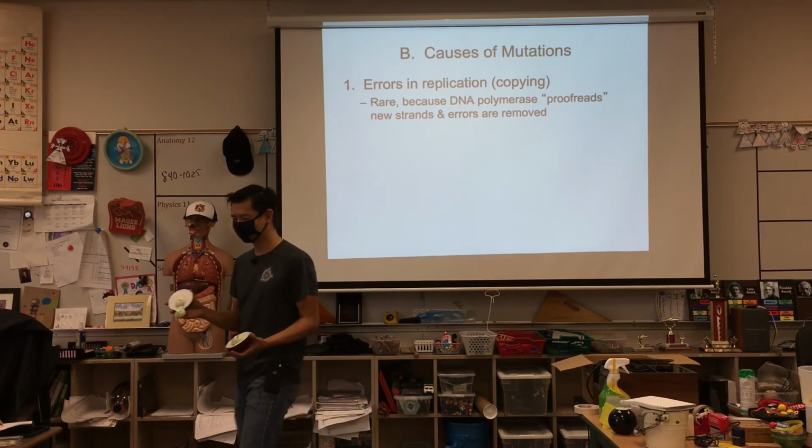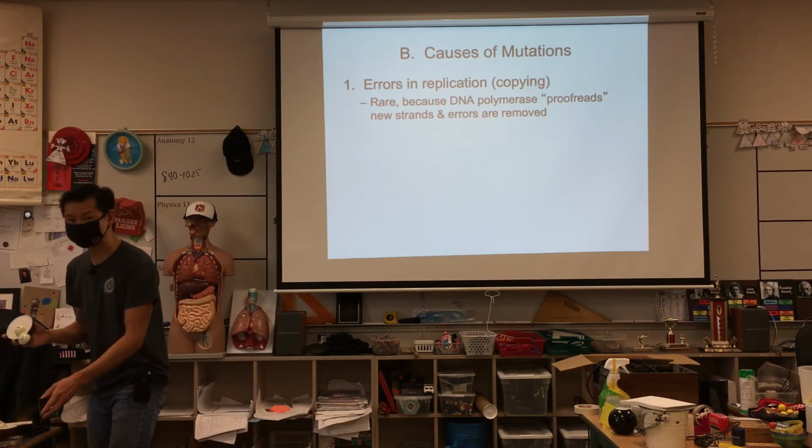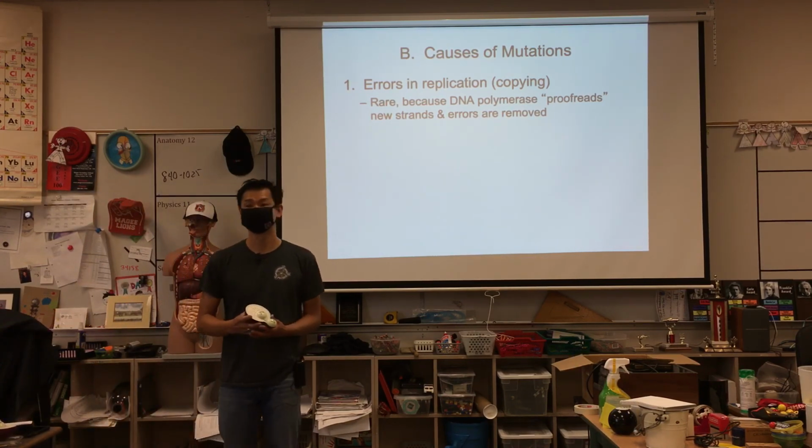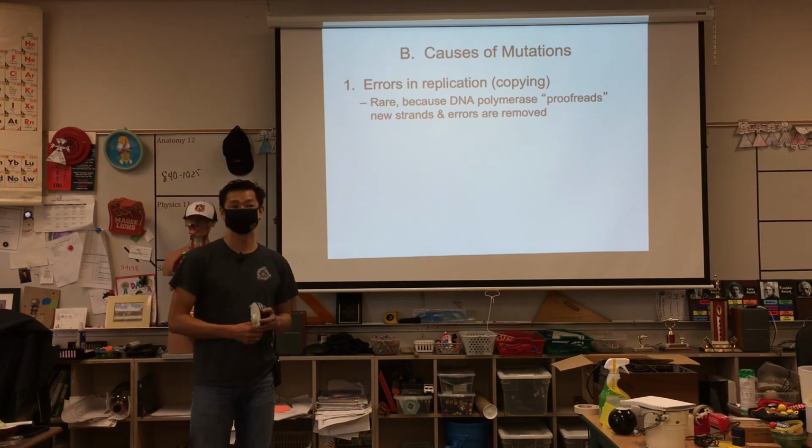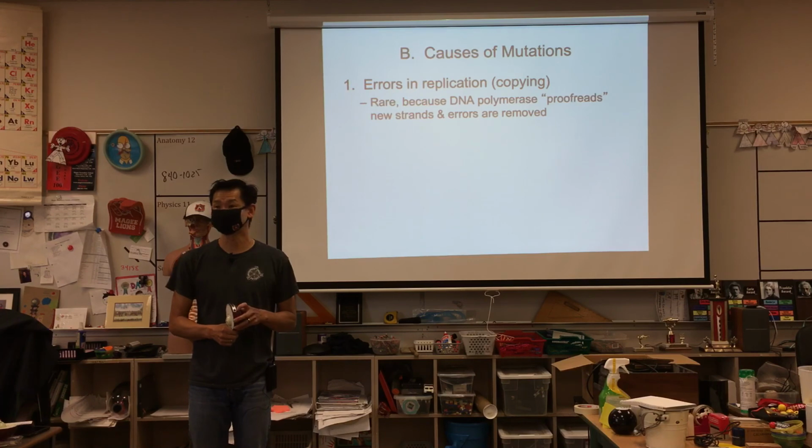Now think of this. If you had to write a paper that was just even 10,000 words long, what's the likelihood of you writing it by hand or even typing it, because typing sometimes is challenging, without spell check on, how many mistakes would you make? Right? You'd make 1, 2. Some people in this class would spell their names wrong, right? They would have lots of problems. Well, DNA polymerase is so powerful with its spell checking technology. It only makes 1 mistake in 100 million base pairs. So for 100 million characters it's typing out, making more DNA, it makes 1 mistake.